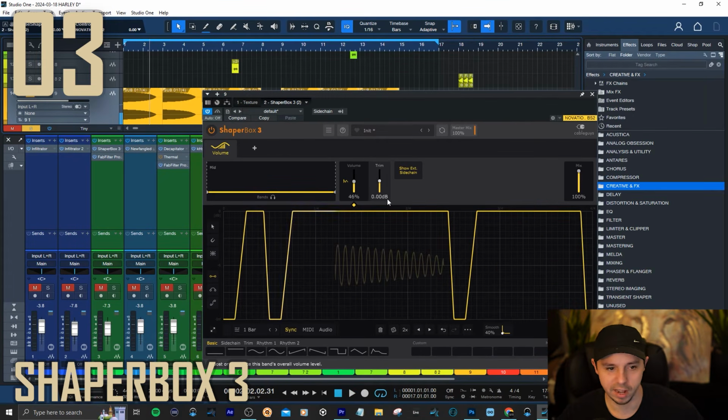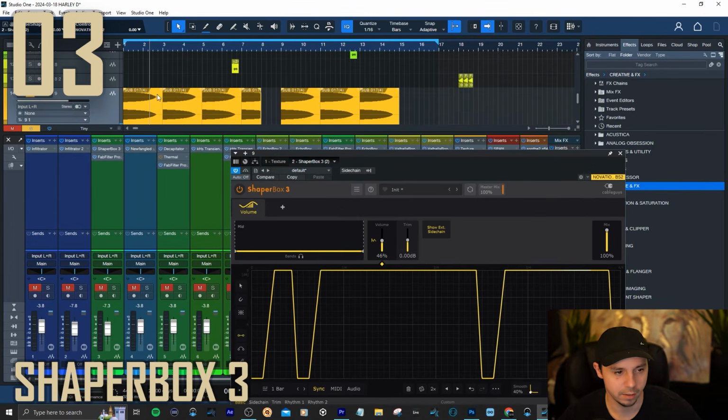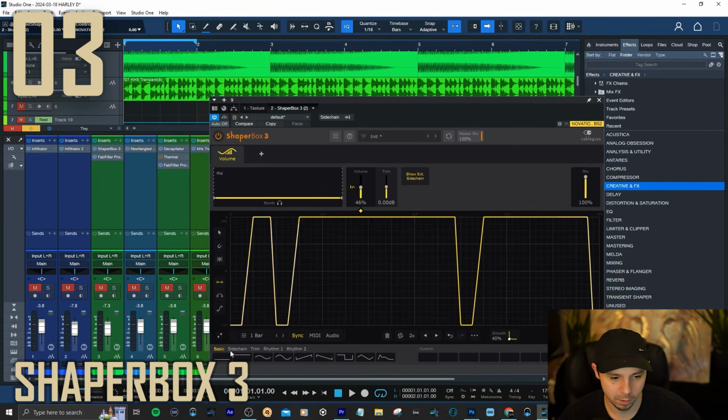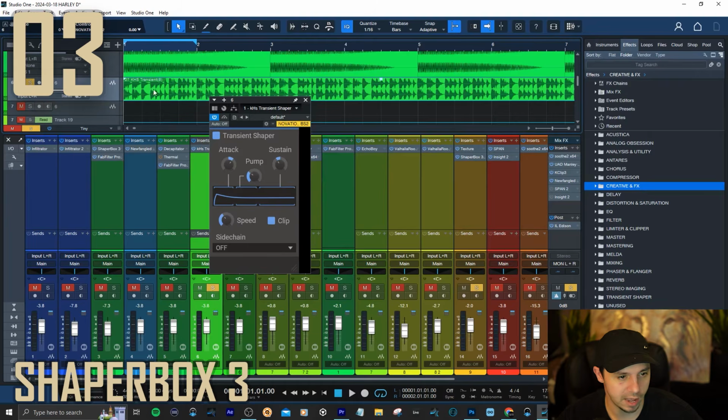So you can hear it ducking there. And what that's ducking is in line with the kick. So if I show you my kick pattern, this is a bar here, and I've set it up over a bar here. So as this goes along, it will follow the grid basically. So you can see I've got 2 kicks and a kick in the middle here. So if I play the kicks,